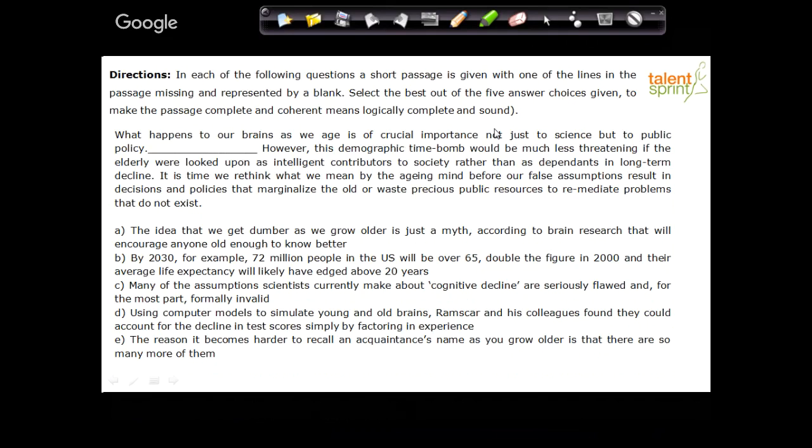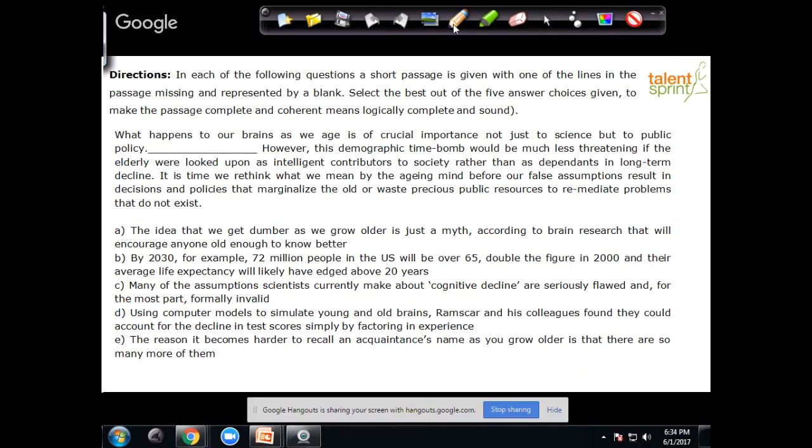So we're going to look at one more. And like I said, immediately you should be tuned to zero in on these clue words. However, this demographic time bomb, that's it. This is your clue. Look for a sentence which is addressing this demographic time bomb. That's it. Right? Everything else, you don't have to worry about. And for that, you need to be aware of, okay, what do you mean by demographic? You need to be aware of that adjective, right?